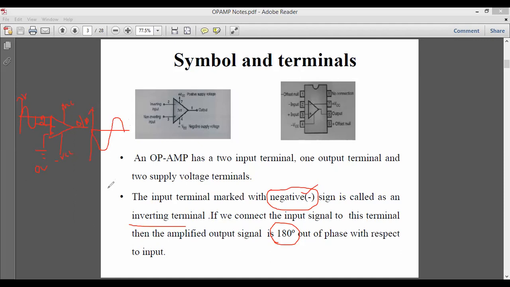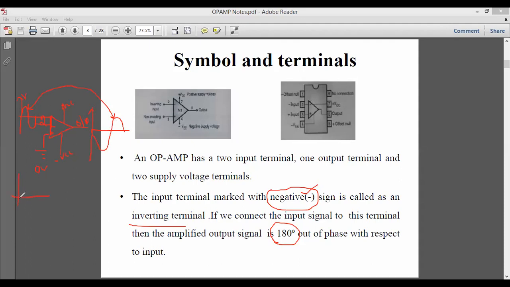Now what is the difference? It is completely reversed. It is completely changed. That is why we say, technically, that it is 180-degree out of phase. So you can see the signal representation here. If you give an input like this, you will get an output like this. That is why we call it an inverting terminal, which gives us the 180-degree out of phase.